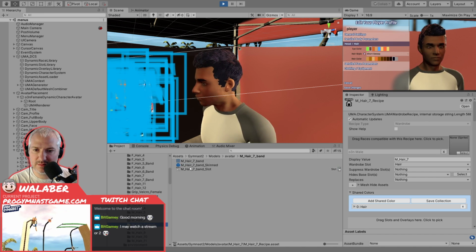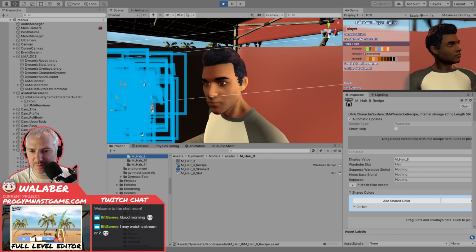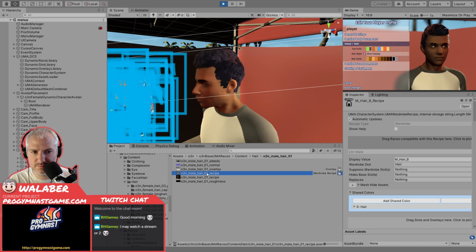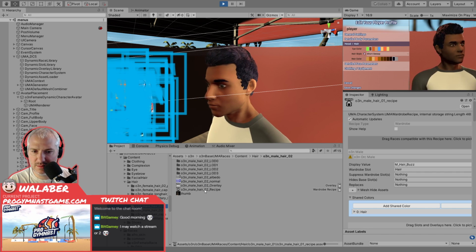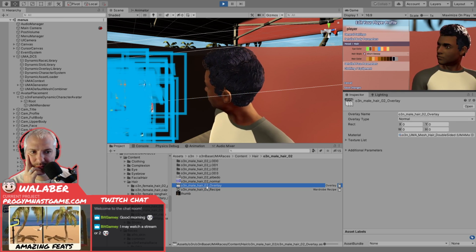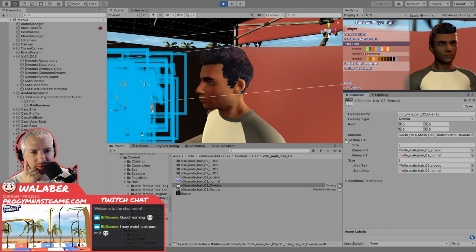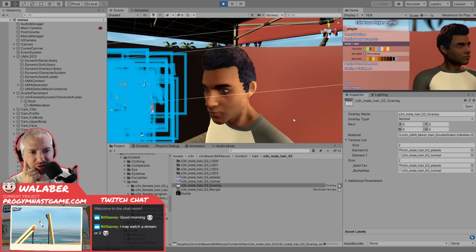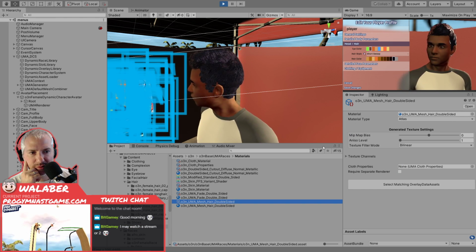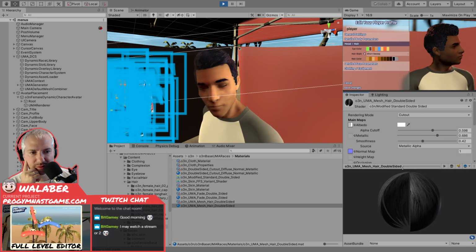Okay. Crap. So that was one of these down here. Here we go. Buzz. Short messy. It's this one. So this one is saying use the O3N UMA mesh hair double-sided material. UMA mesh hair double-sided, which is this. And it should be...